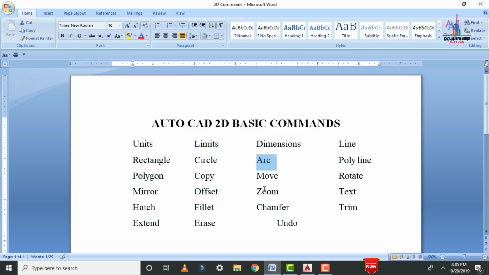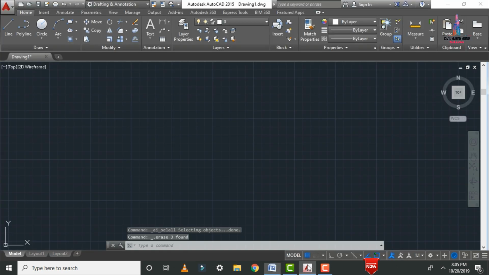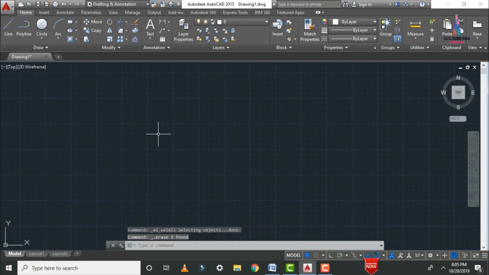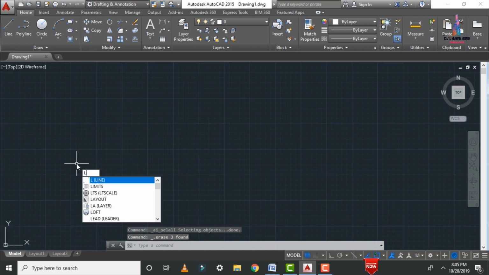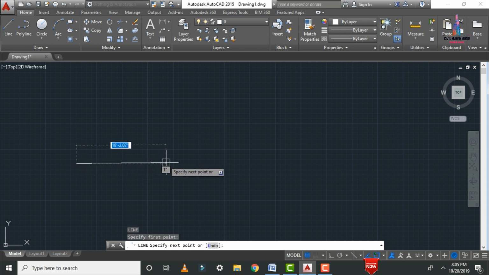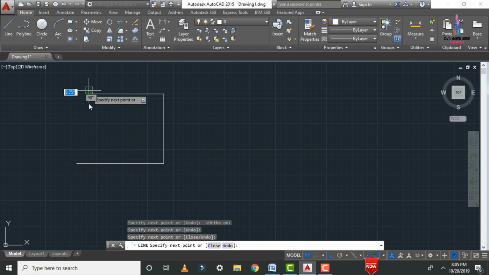Okay, now I will explain the polyline. Basically I will explain how to draw some objects with the help of the line, and I will explain how to draw the same object with the help of the polyline, so that you can understand what is the polyline as well as what is the line. Click on the line command, select this point. I'm selecting the F8 option, select this second point, again I'm selecting this point. Let us consider this box shape was drawn with the help of the line command.